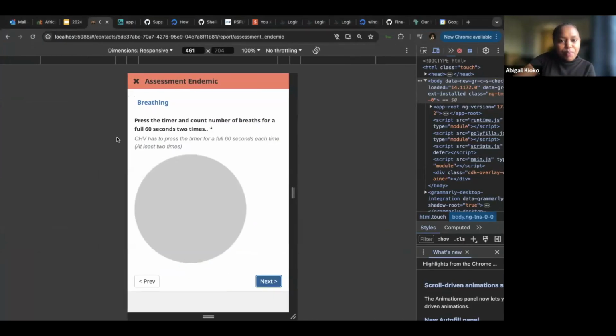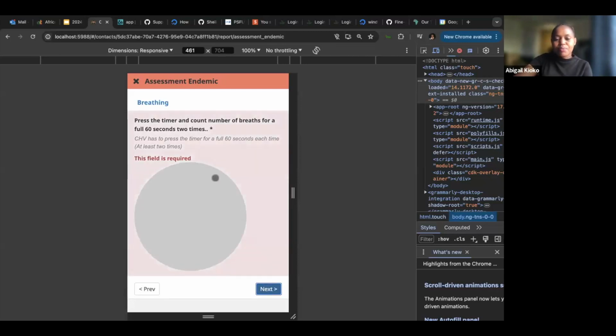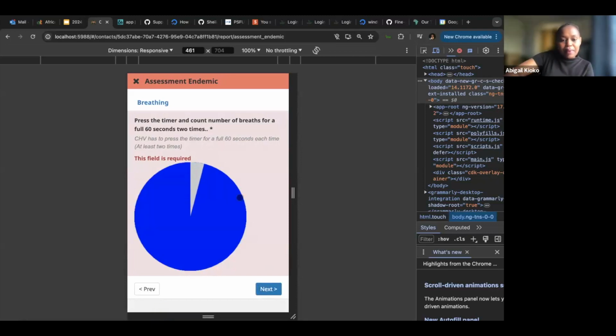Let me go back, switch to this tab. And here we have the timer on the web app. Now, as a CHW user, if I try to navigate to the next page, you see the constraint is working. So I'm forced to wait for the timer to complete before I move on to the next page, and also before I answer the question of how many breaths per minute, to ensure whatever you input in that question is accurate. So you have to click on that timer,